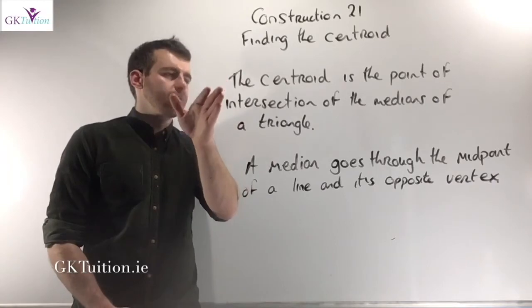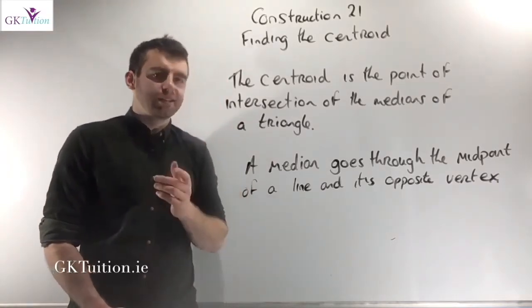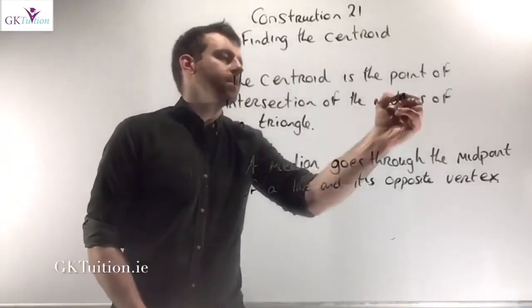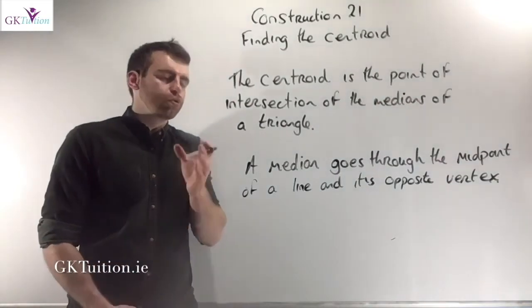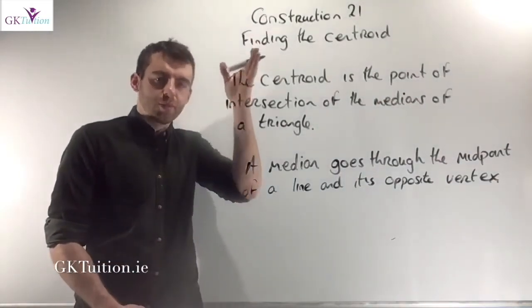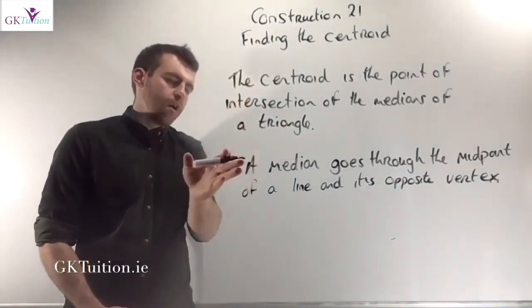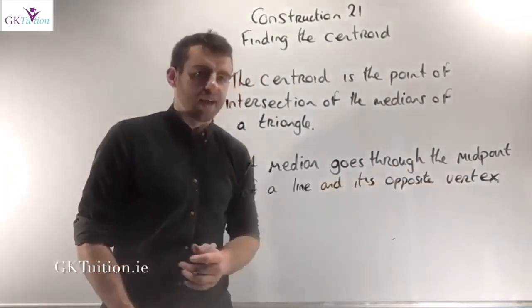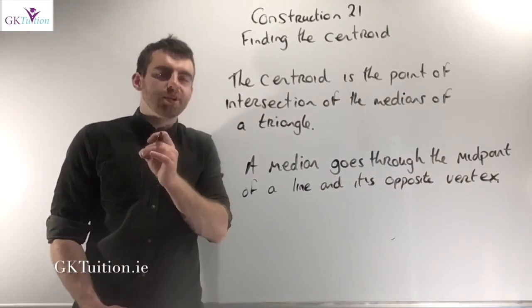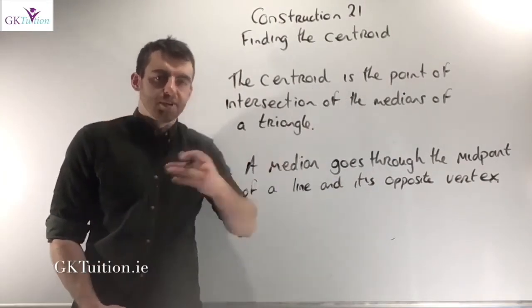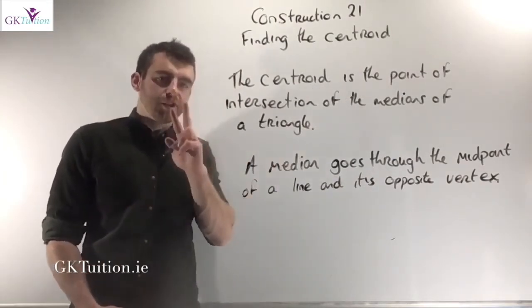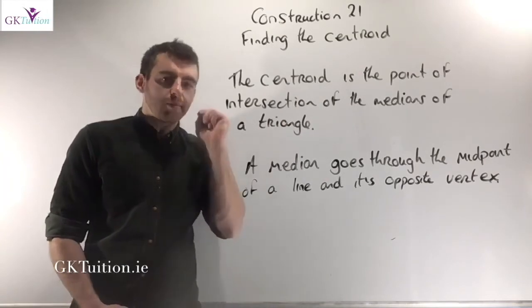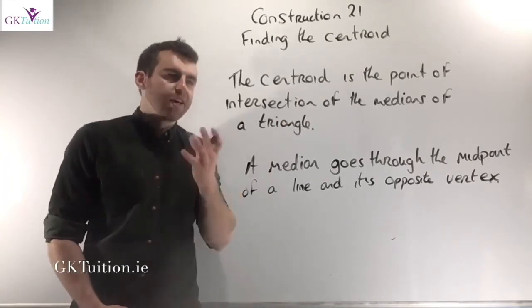The centroid is the point of intersection of the medians of a triangle. And in a triangle, a median goes through one vertex and goes through the midpoint of the opposite line. I've written it here that a median goes through the midpoint of a line and its opposite vertex. So I have to identify the midpoint of the line and then go through the opposite vertex. If I identify two of the medians in a triangle, the point of intersection of the medians is the centroid